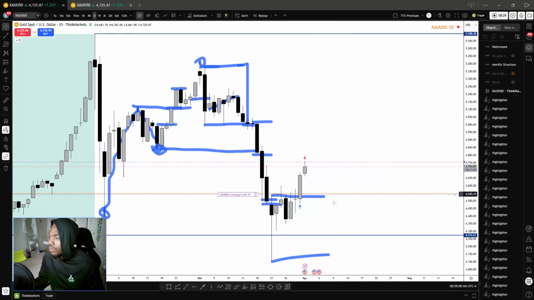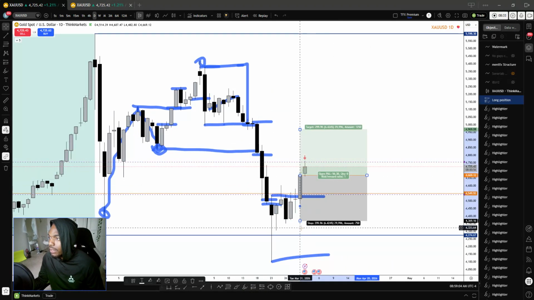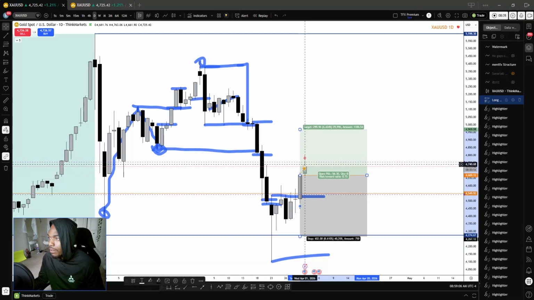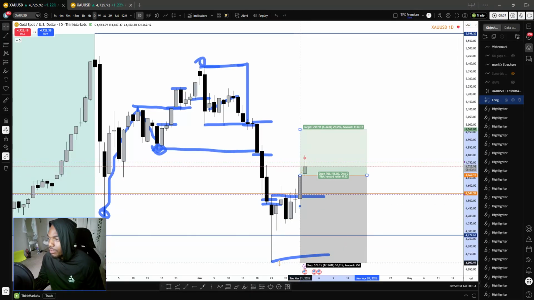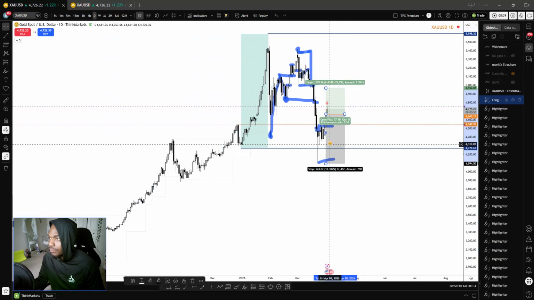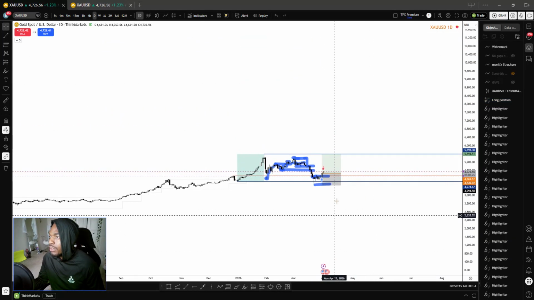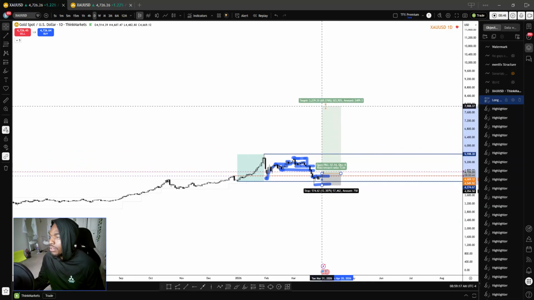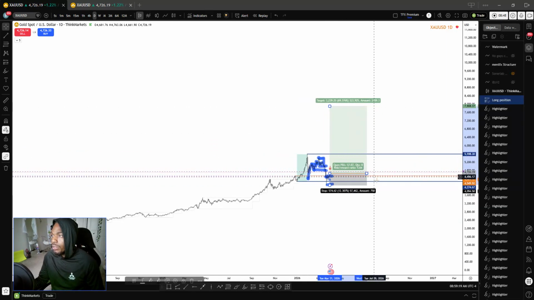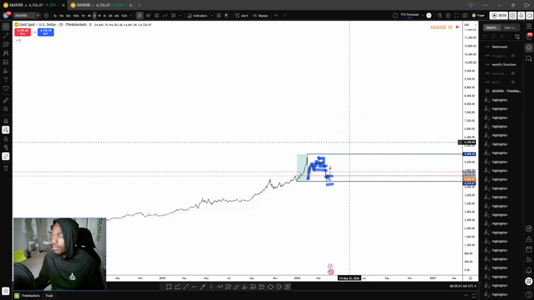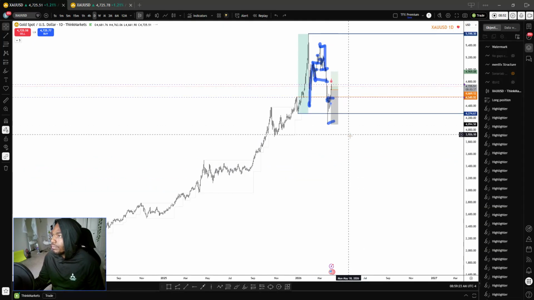So what you could do as a person who's trading this time frame only, like the daily, is put a long right there, stop loss below this wick, and target this high, which I hate that trade because that doesn't mean anything to me. But then at this point you can just target further, right? But instead of doing that,